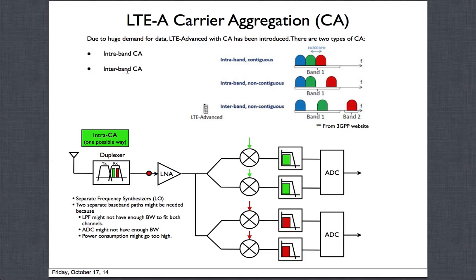This has been encouraged because most of the carriers can't really own two bands of spectrum. Let's say a carrier says I have a high band frequency, and I also have, that's a lot of money to be able to own two chunks of the spectrum, one at say higher frequencies, one at lower frequencies. But what they said is, why don't we tie up and become friends, and we say, hey, I own a low band, but why don't you allow me access to the high band you own, where I can do carrier aggregation in my low band because I own it, but I will also partially use your high band spectrum whenever it's free, and I'll pay you money for it, right?